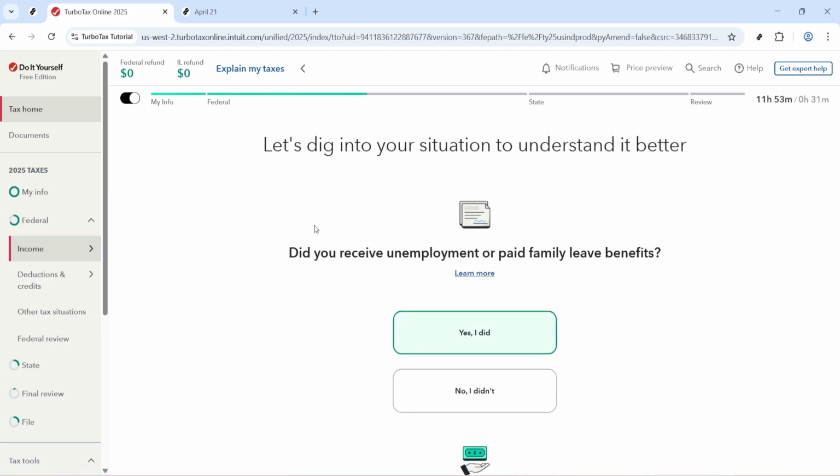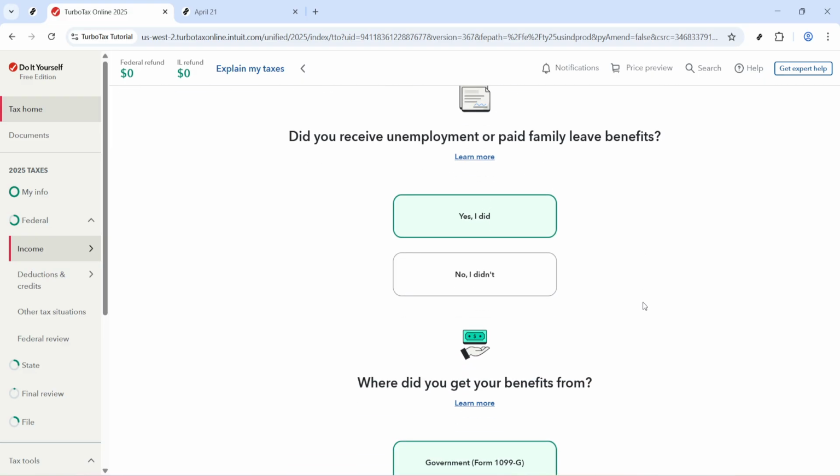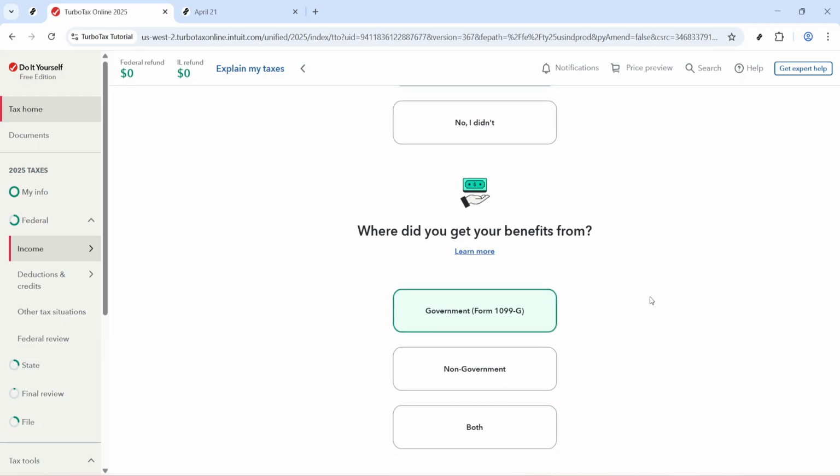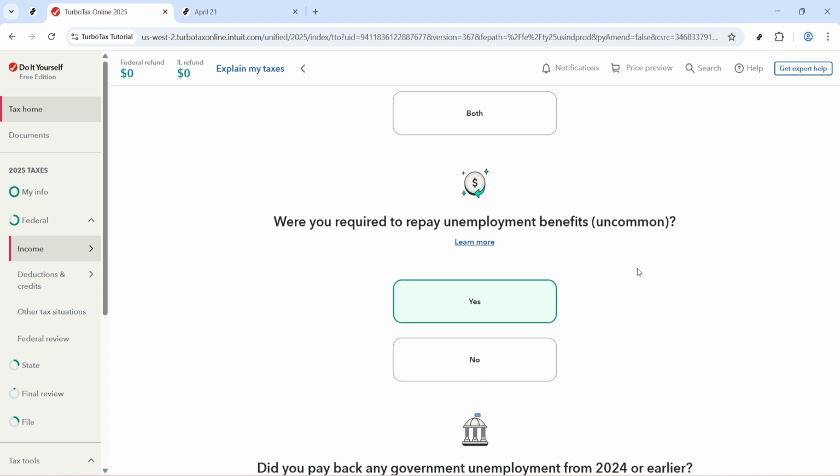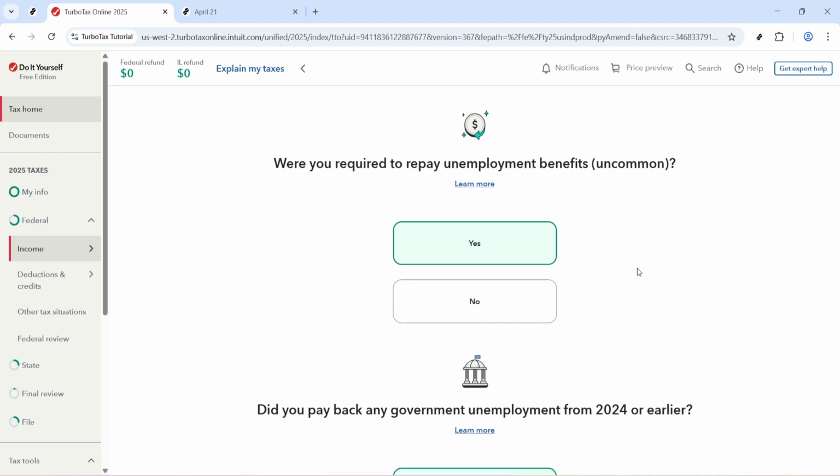TurboTax will ask if you received unemployment or paid family leave benefits. Select yes, I did. This confirms you'll be entering information tied to your 1099-G. Next, it will ask where you got your benefits. Choose Government, Form 1099-G. That tells TurboTax to expect the standard state-issued unemployment statement and ensures the right set of questions appears. This is important because unemployment reported on a 1099-G is handled differently than, say, employer disability or private